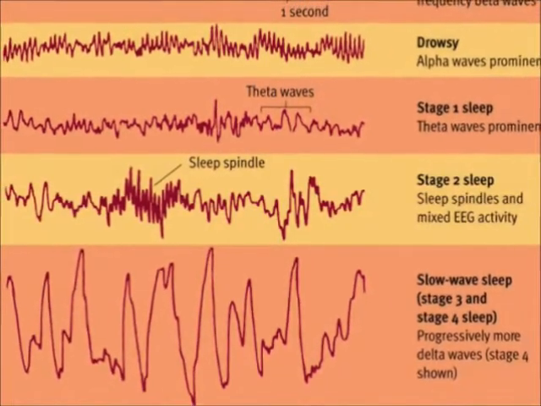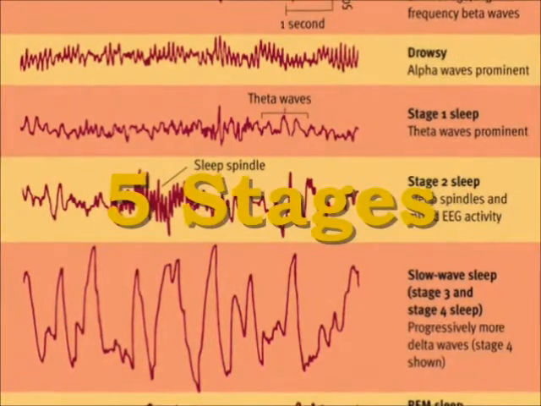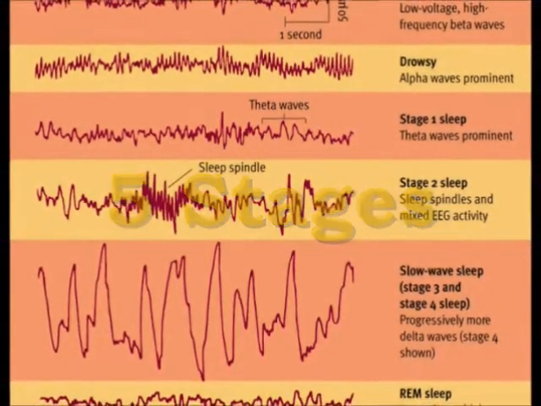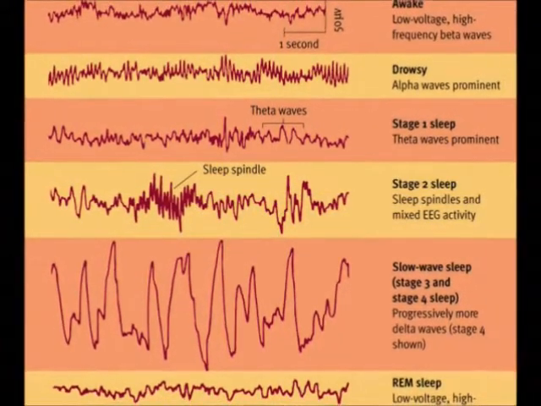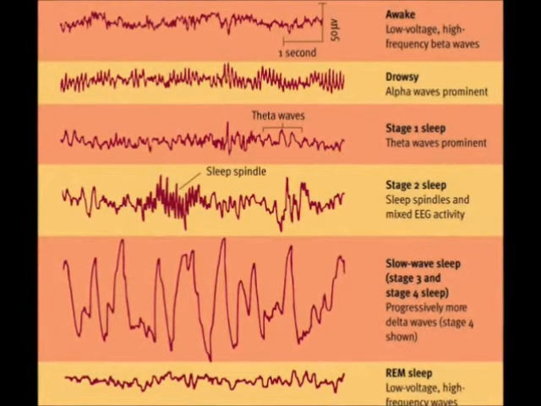The normal sleep cycle includes 5 stages, and each cycle lasts about 90 to 110 minutes. Once the last stage, REM sleep, is complete, then the cycle begins again at stage 1. During stage 1, it is easy to be woken up because it is a very light sleep where you drift in and out of sleep.